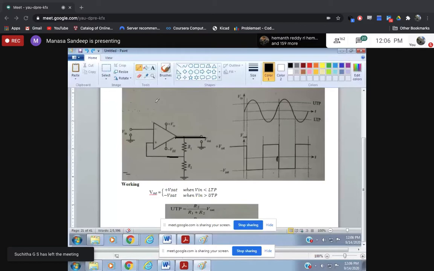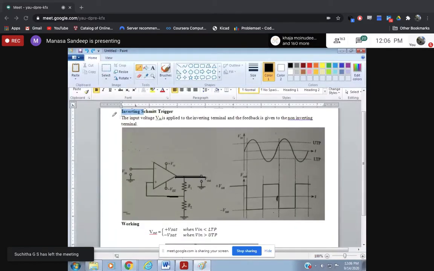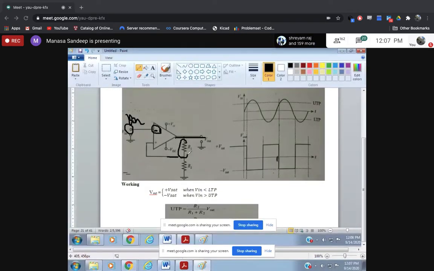Okay, so now we are discussing inverting Schmitt trigger. What did I say just now? Inverting circuit is what, when you apply input to the inverting terminal. So what is the terminal here? It is an inverting terminal for which you are applying the input, correct? So that's why it is an inverting Schmitt trigger. Ma'am, what are these two? These two are used for designing purpose, so that what we want to achieve, this Schmitt trigger application, we get it properly. You will know it very well in the electronic circuits, correct?